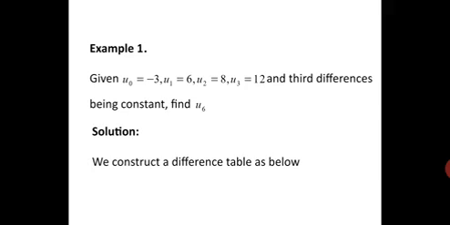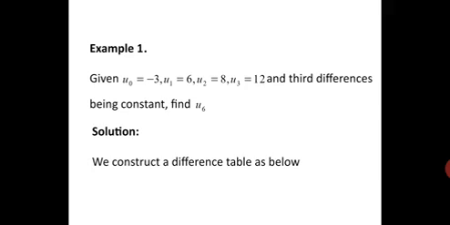We are going to construct a table and we are going to find the third difference. Here they are given the values of U0, U1, U2, U3. They are just like f of x0, f of x1, f of x2. So at the same time, we are going to construct the table and we have to find u of 6. Here you can see there is no u4, u5 like that. Only u3 is given.